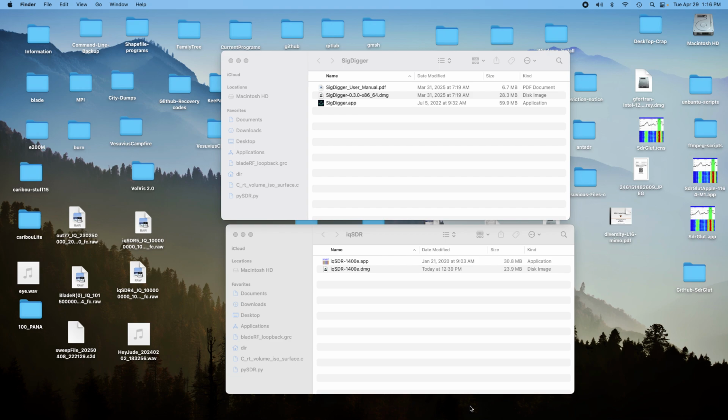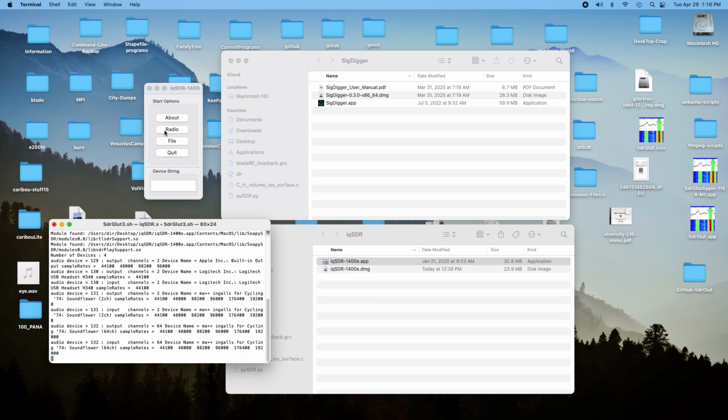Today I'm going to give an example of using the Panoramic Spectrum to identify the location of the local TV stations using SigDigger and iqSDR. And so we'll start up iqSDR here,